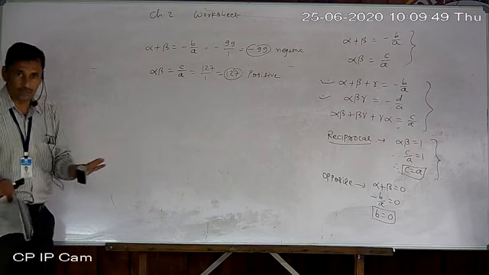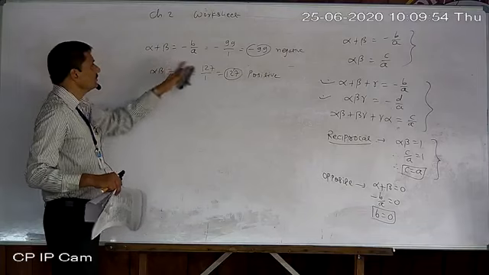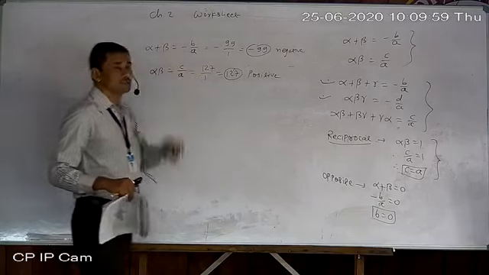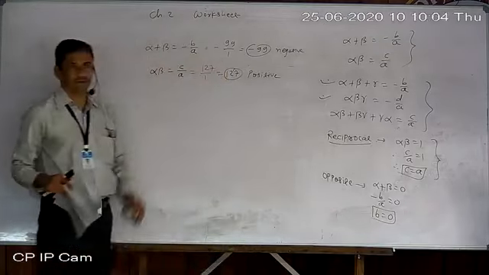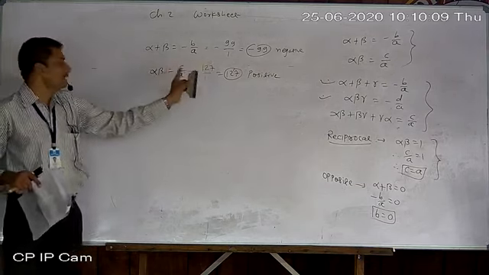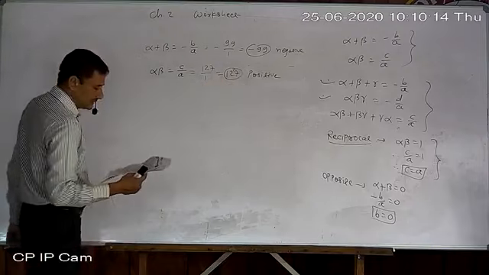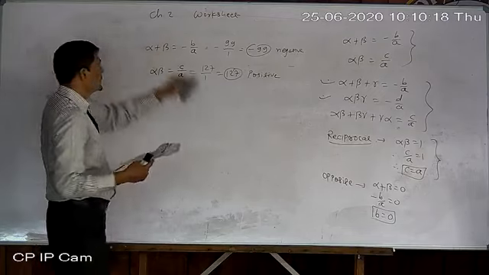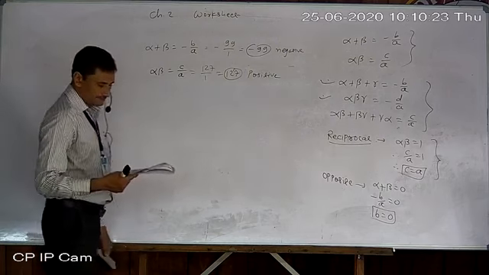Don't solve the whole equation. Okay, it may be difficult. Factorization is not possible. So just find out whether the sum is positive or negative, and the product is positive or negative. From this conclude that alpha and beta both should be negative. Then only the sum becomes negative and the product, minus minus plus, becomes positive. So the answer is B. In question number 15, I have not written the equation here. Now 16 is simple.